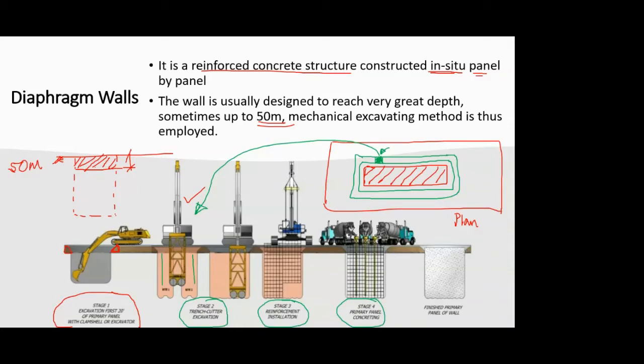So when we concrete it, obviously concrete has more density than your bentonite slurry. And at this moment, if you concentrate on the stage 3 and stage 4 figure, in stage 3 you can see there is a brownish color which is given to this pit. And in stage 4 that color is gone and you have a gray color. So this brownish color is because it's saying that there is a bentonite slurry in it.